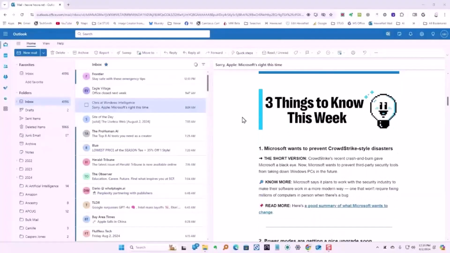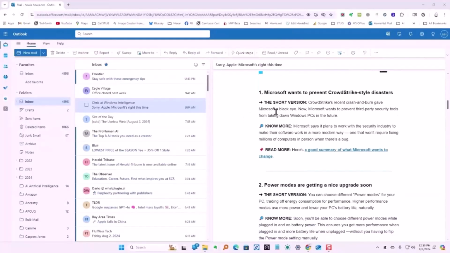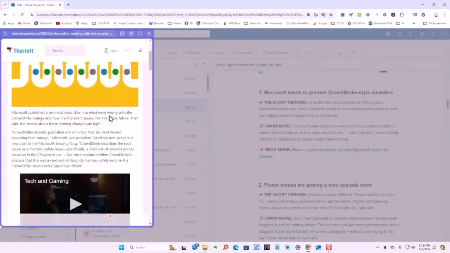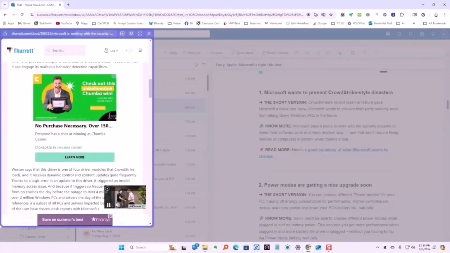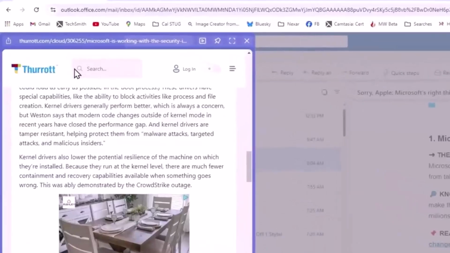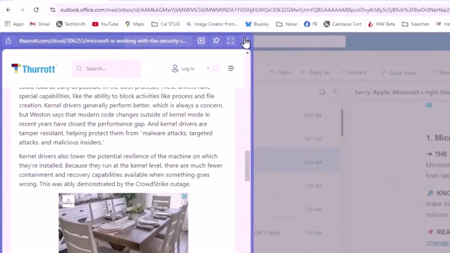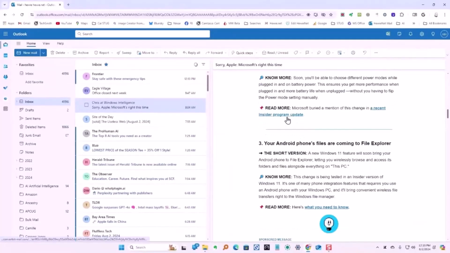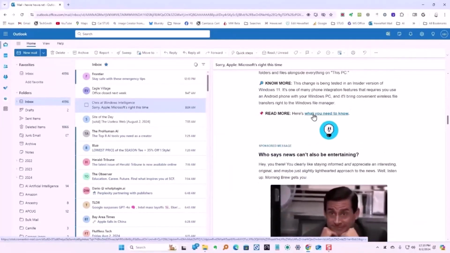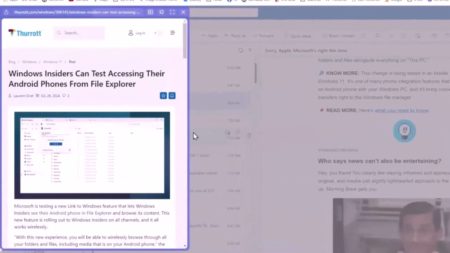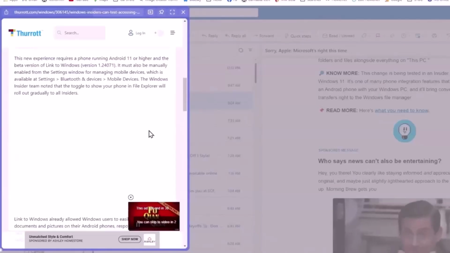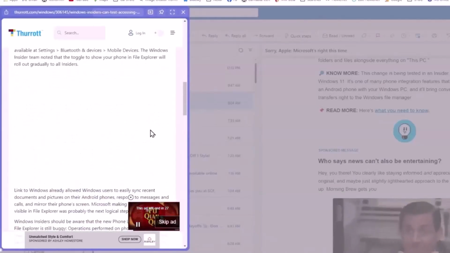In my Outlook email reader, we'll take a look at one of the emails that has some links in it. We left mouse click and hold, and it brings up that link within the page. And then at the top, it has the link. So if we want to open the actual article, we can click on that or copy it. And then let's go down to the next one. We, again, left mouse click and hold, and it brings up the next article. So without leaving the page, we're able to read the article.